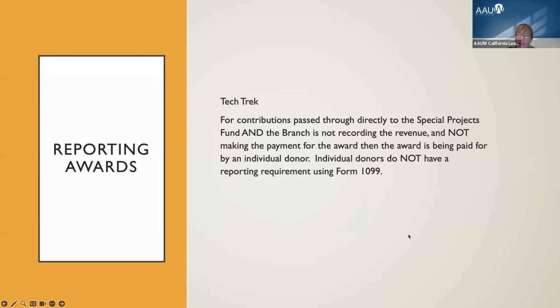Now, Tech Trek sponsorships are viewed as an award by the IRS. And we're looking at it and said, could this be reportable?